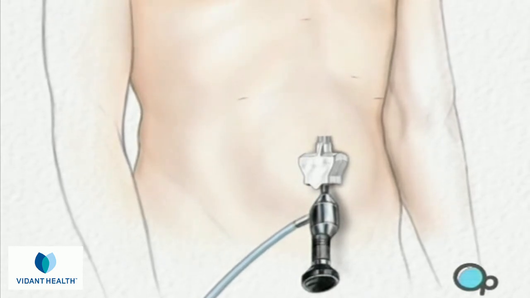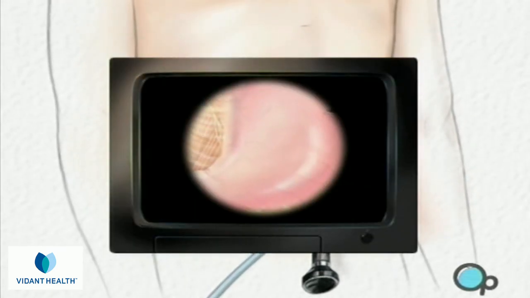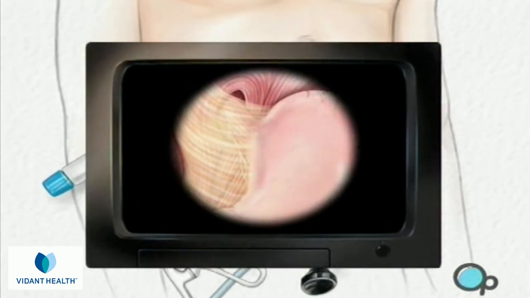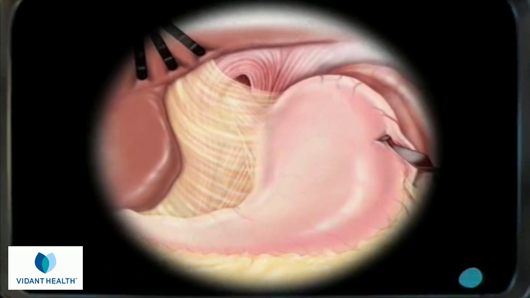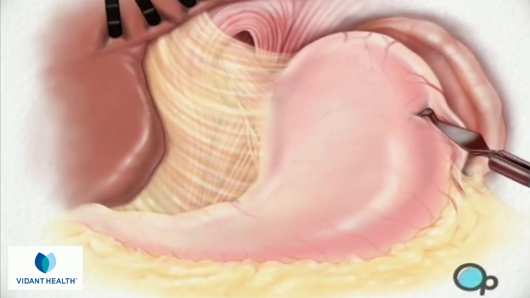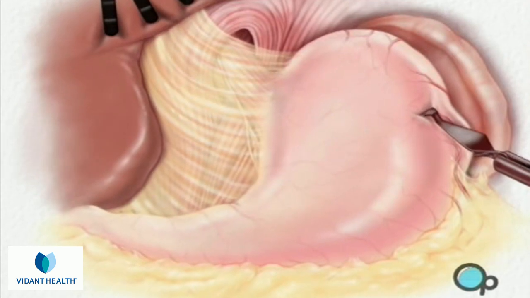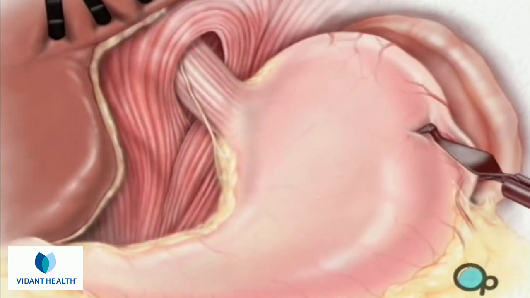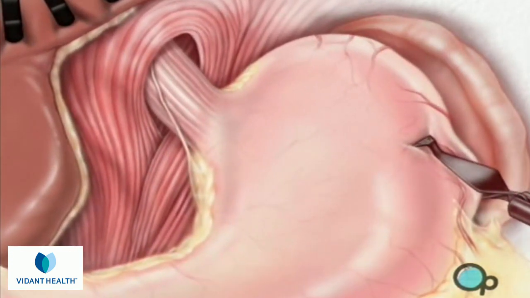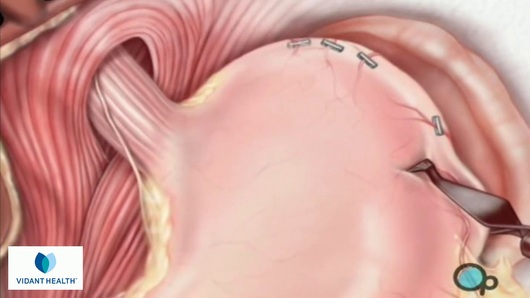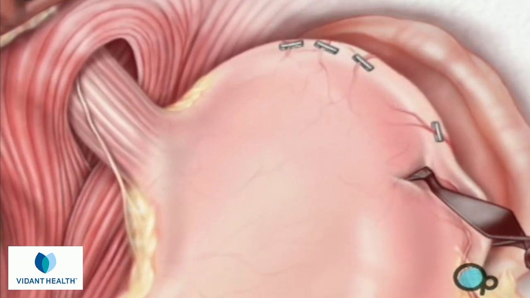Once in place, the laparoscope will provide video images, so the surgeon can insert the instruments used to locate and pull back the liver in order to see the upper part of the stomach. Then the surgeon cuts away the tissue that connects the liver and the stomach. Then the surgeon divides and separates the arteries that supply blood to the top of the stomach. After freeing the stomach from the spleen,